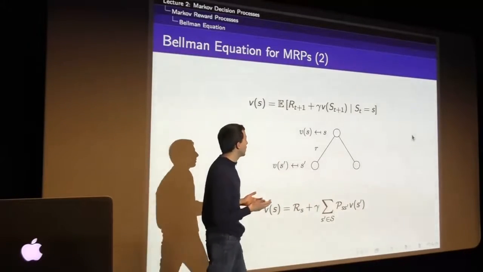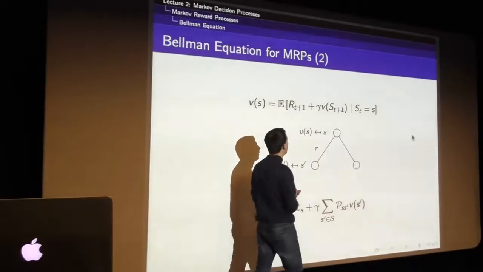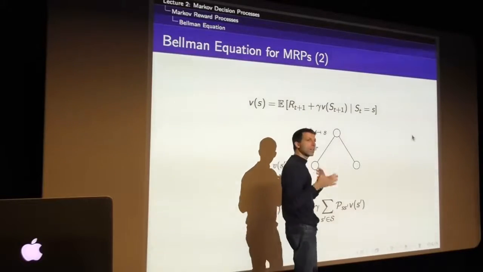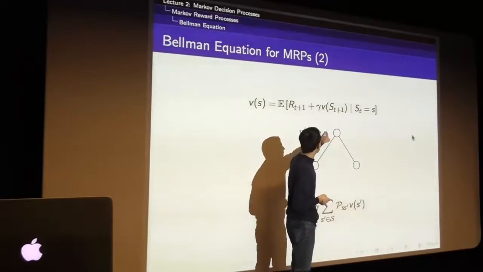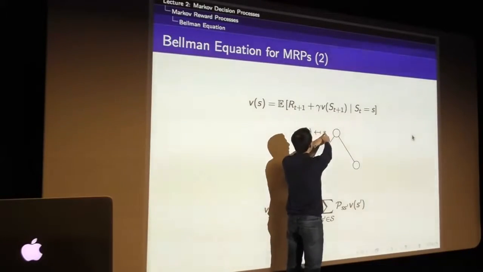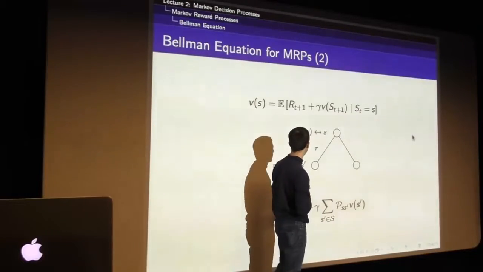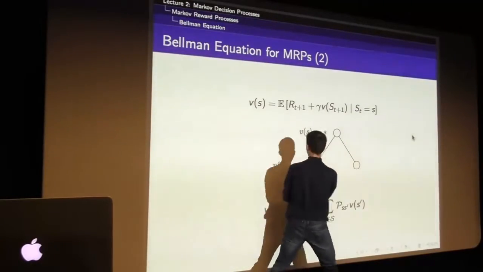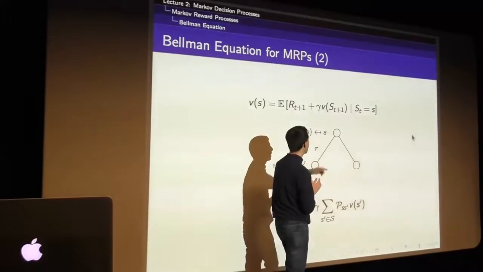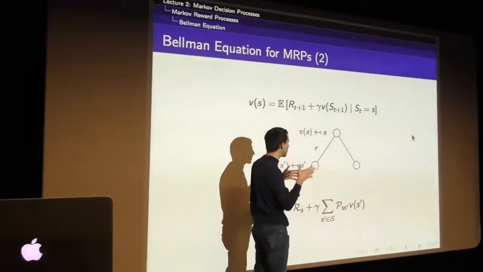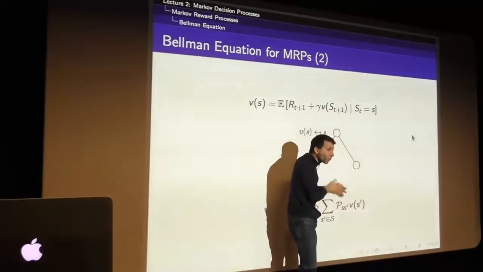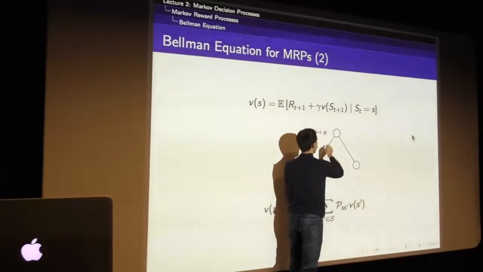One way to understand this is by using what we call backup diagrams. You can think of this as a one-step look-ahead search. We start in this state S, and we can look ahead one step. This state S leads to a value function of V of S. If we go down to S prime, we're going to have a value function that's V of the successor state, and we're going to get some immediate reward along the way. So we can think of this as a one-step look-ahead tree, where you start in this state, look ahead one step, and integrate over the probability of each of these